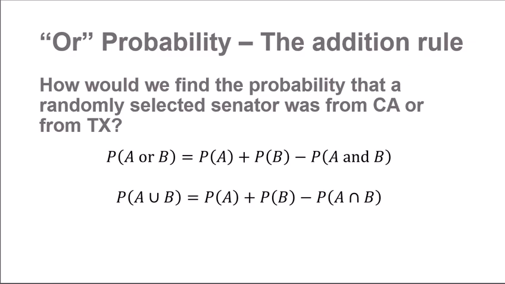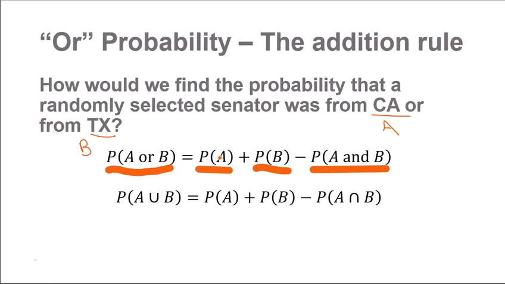The formal statement of the addition rule looks something like this, and I have this stated in two ways. The probability of A or B, so the probability of one event or another event, is the probability of A plus the probability of B minus the probability of A and B. In this scenario, if A is the senator being from California, and B is the senator being from Texas,